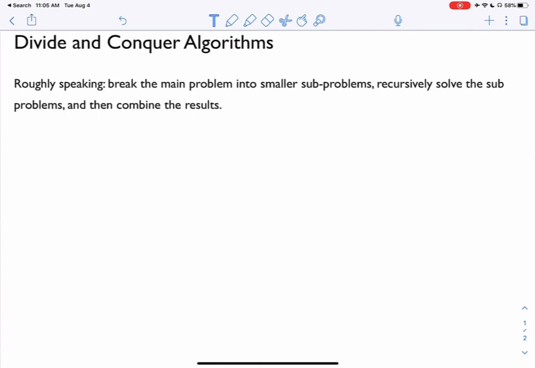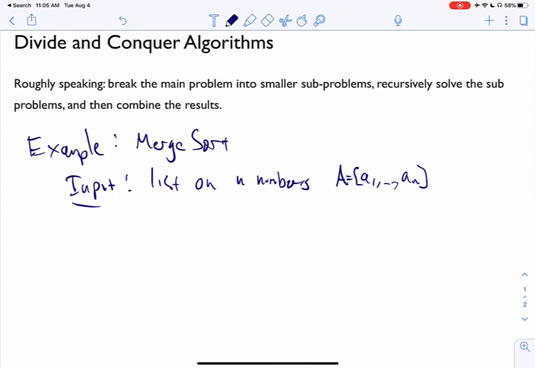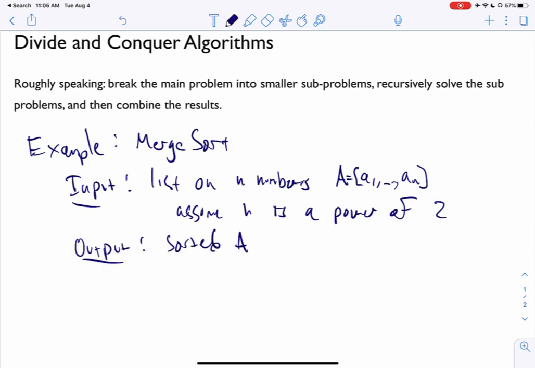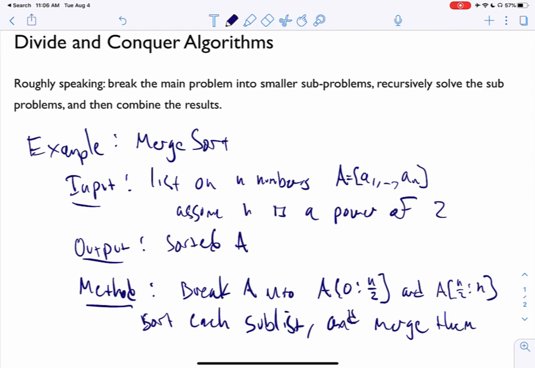Let's consider the task of sorting a list of n numbers using MergeSort. So here is an example. The input is a list of n numbers. Let's assume that n is a power of 2 for simplicity. The output is going to be a sorted version of the list A. We're going to break A into two sublists, A[0 to n/2], the first half of the elements, and then A[n/2 to n], the second half of the elements. We're then going to sort each sublist, and then we're going to merge these two sorted sublists into a single